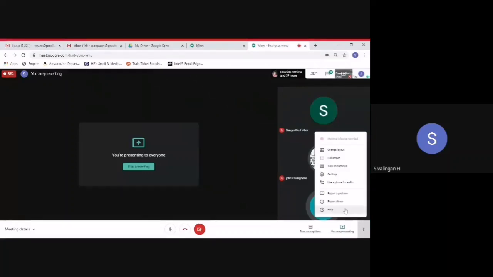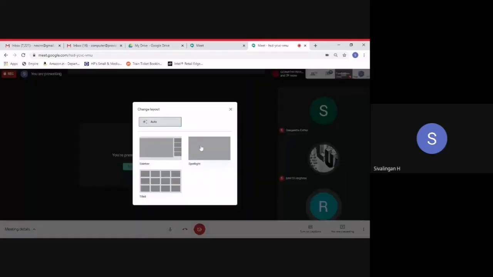Also I will show you something in those three dots I mentioned, which is available on the screen. There is something called change layout, the very first option. When you click on that, you can see options on the screen: sidebar, spotlight.